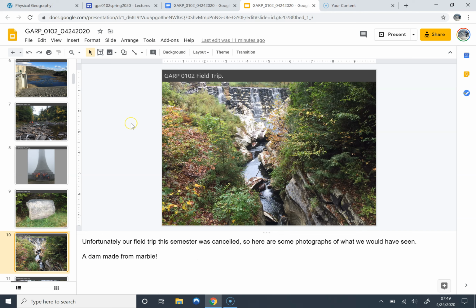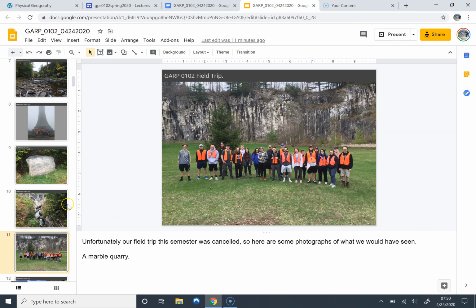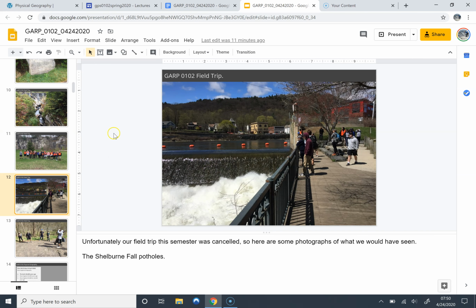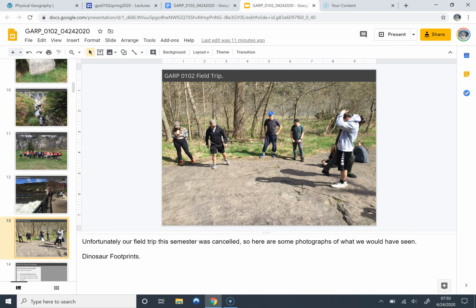We would have gone to Natural Bridge State Park, which has these marble canyons, and here you see a dam damming up a little pond that's made out of marble, so very cool. Here's the marble quarry. What else? We would have gone to Shelburne Falls, looked at the glacial potholes, just a spectacular sight, gorgeous. And then we would have done some other things and ended up at the dinosaur footprints there in Holyoke